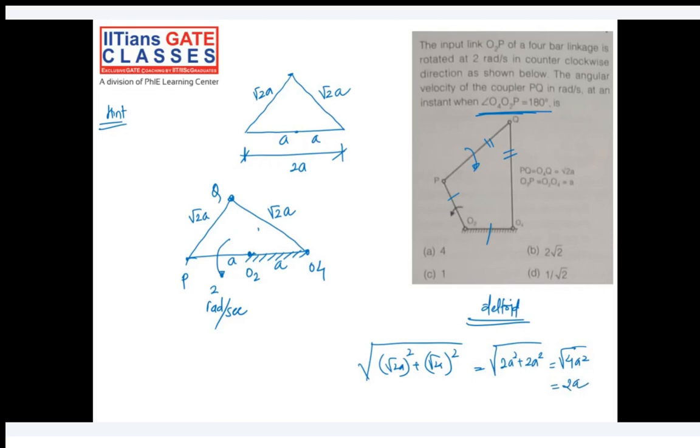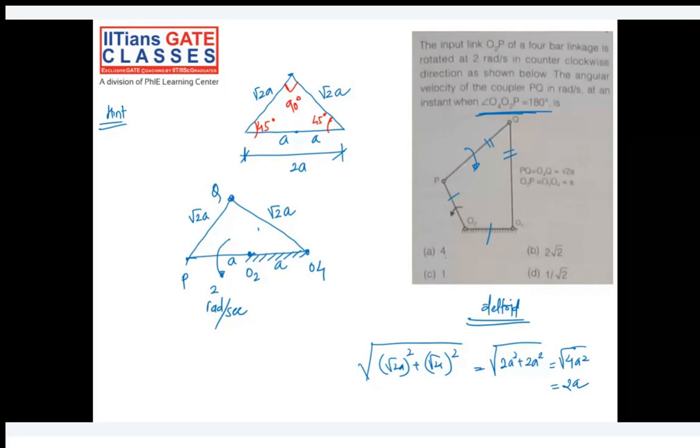Can I say that this angle is 90 degree and these are 45 degrees? Yes, perfect. So I think now that's clear. More or less you should be able to solve it. So with this hint, I don't see any problem in solving it now,